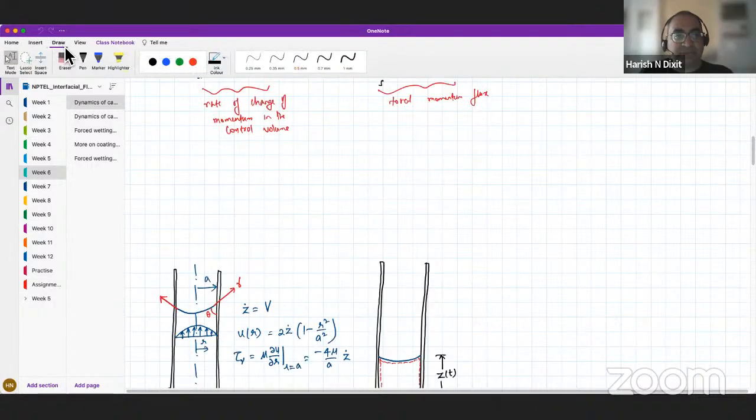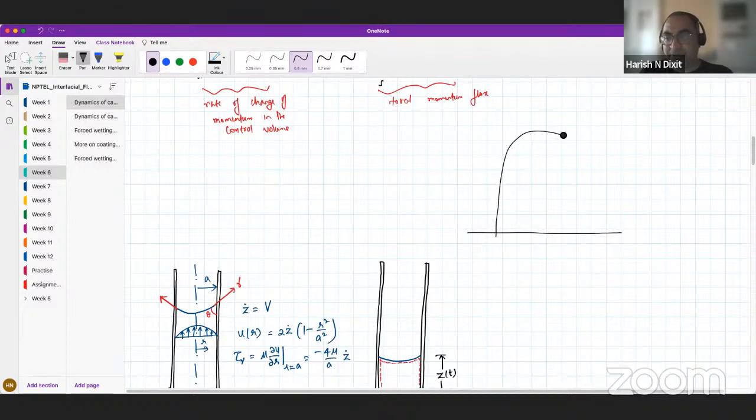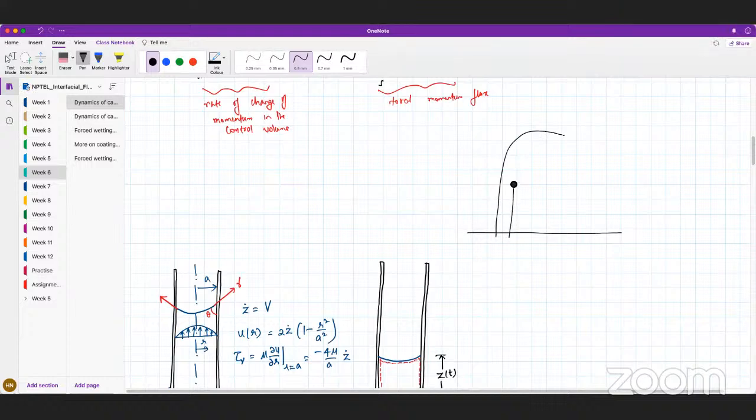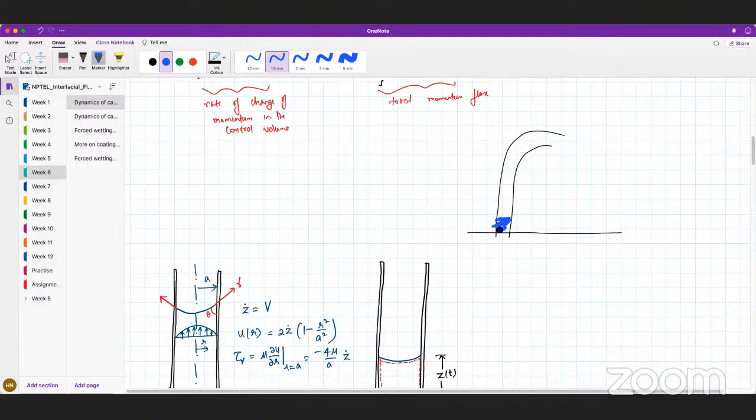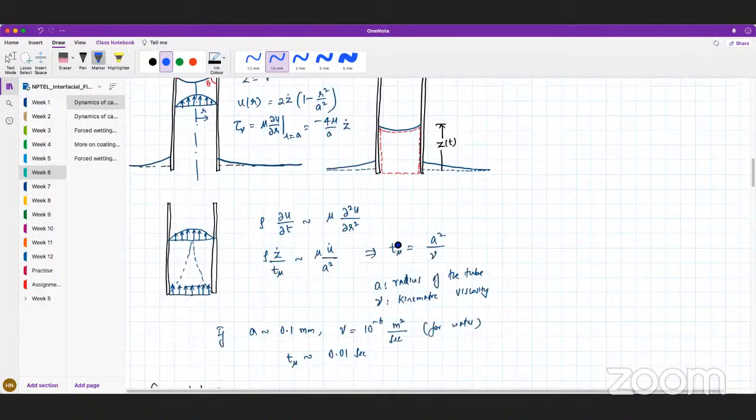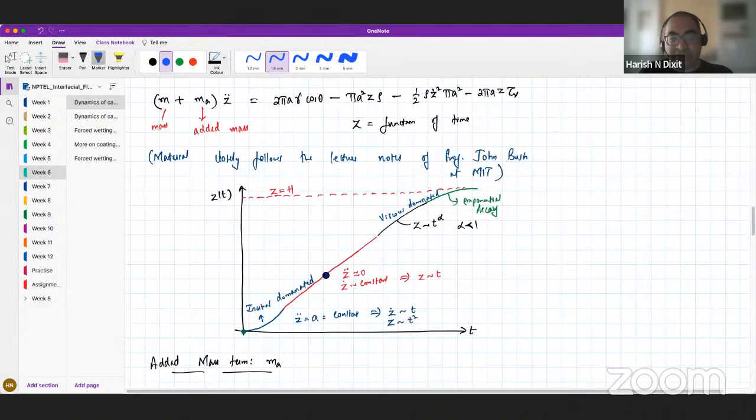I'm trying to make you think of something like this. For example, this is your water level, and you have a tube which is like this. So in the initial phase, it should not matter. In this phase, it should be completely dominated by inertia. And even subsequently, it all depends on where